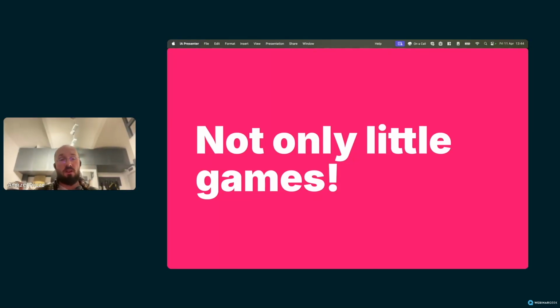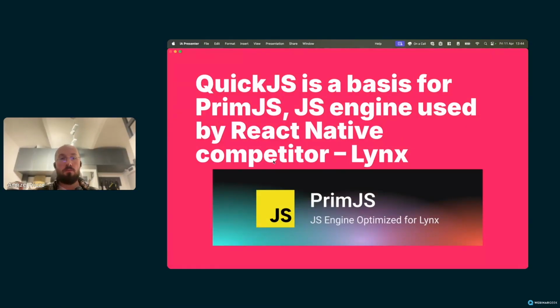Quick.js is getting more and more traction lately because it was used by a React Native competitor called Lynx to create their own JS language. So based on Quick.js, Lynx created Prim.js. They modified it a bit so it's faster, more performant. And using Prim.js, they are able to use JavaScript in a similar manner, as a scripting language for the huge engine, this time not a game engine, but an engine to create mobile apps, that is written in a performant way, and then you are writing your logic, your scripting part in JS, and then